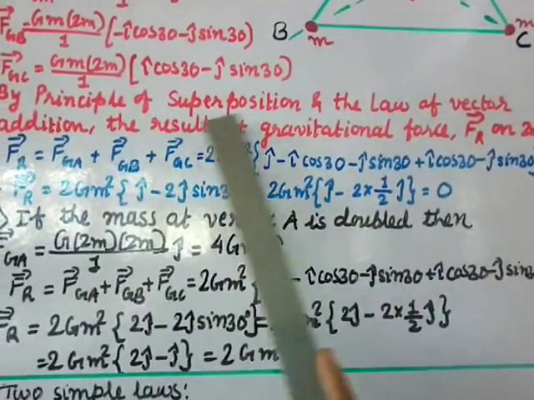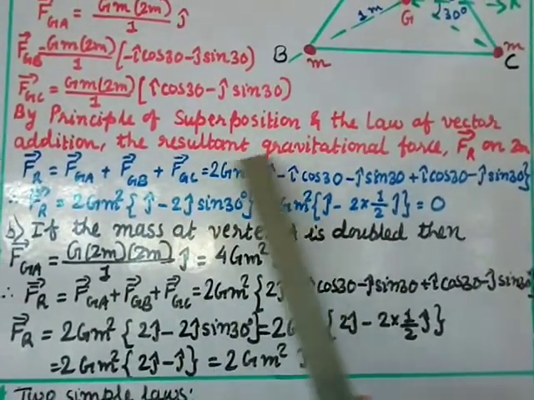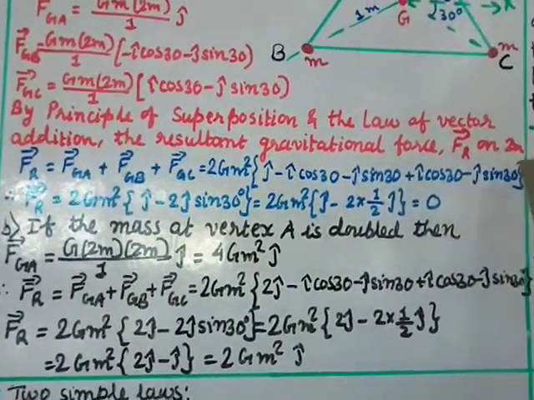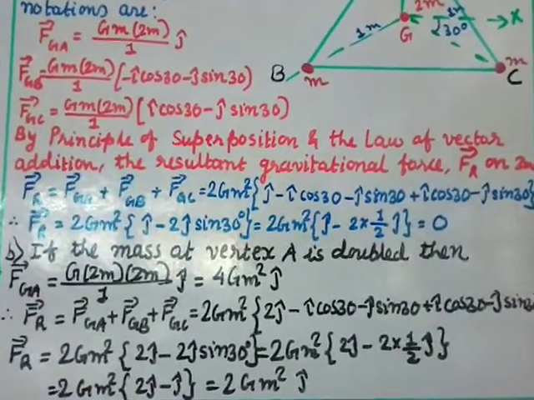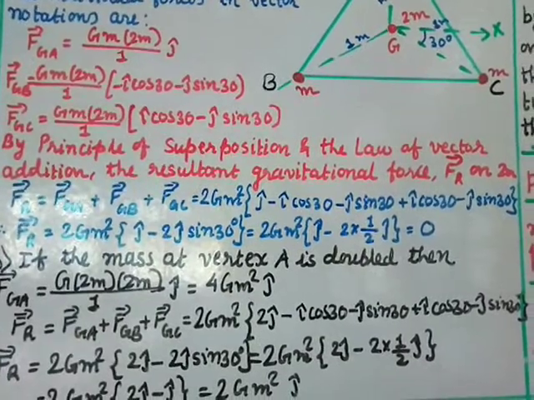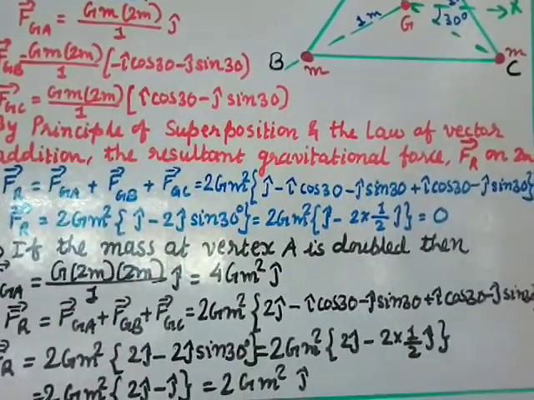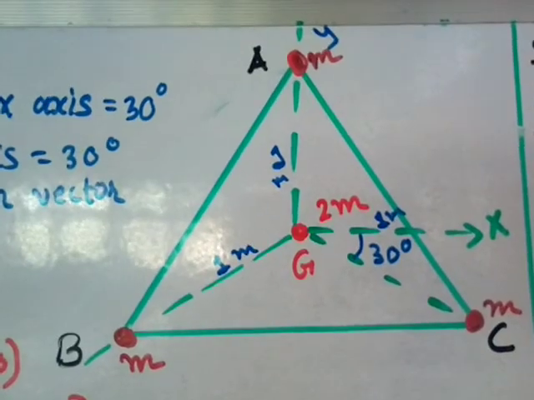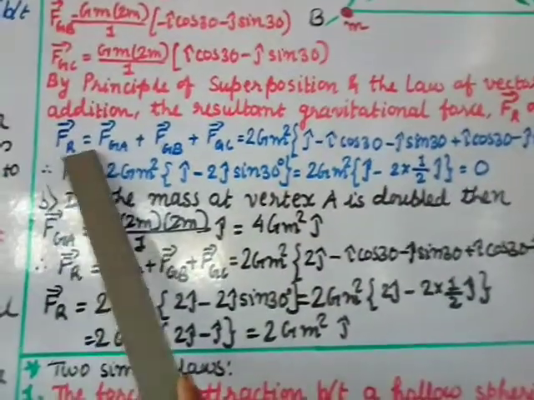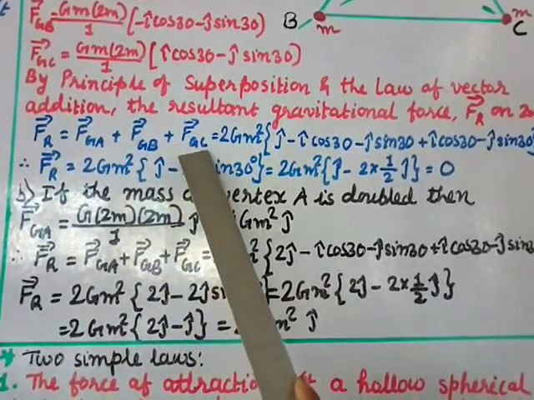By the principle of superposition and the law of vector addition, we find the resultant gravitational force Fr on mass 2m. The vector sum of all these three forces will give you the resultant, and for that we have the principle of superposition and the law of vector addition. So when we add up all three, you get the force at the point G, that is on the mass 2m. So I write Fr, the resultant, equal to Fga plus Fgb plus Fgc equal to,